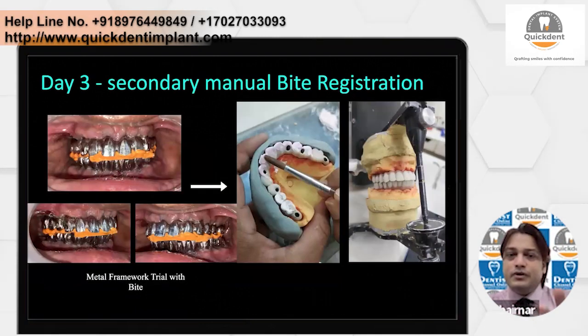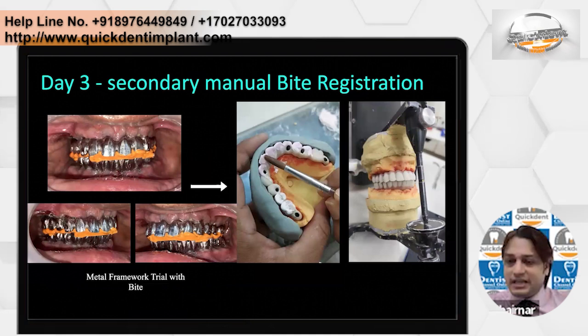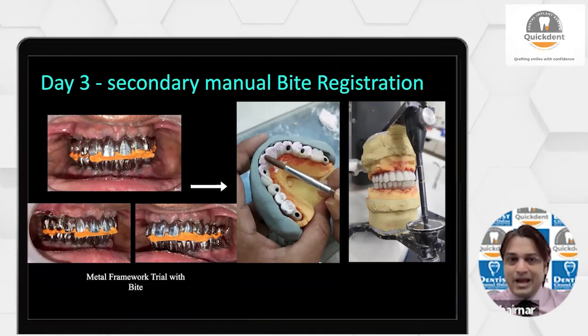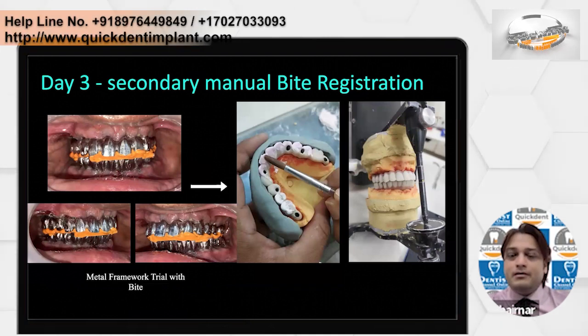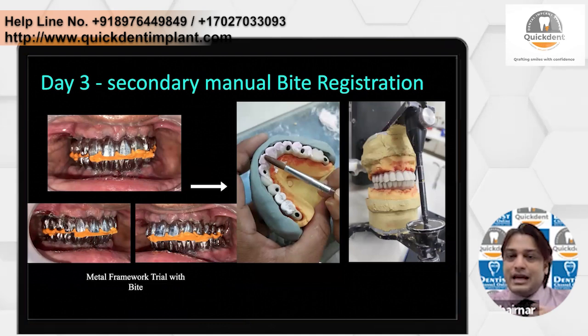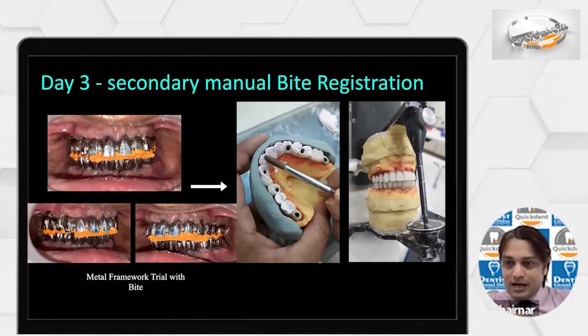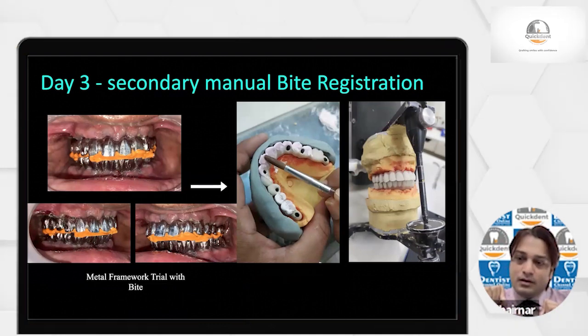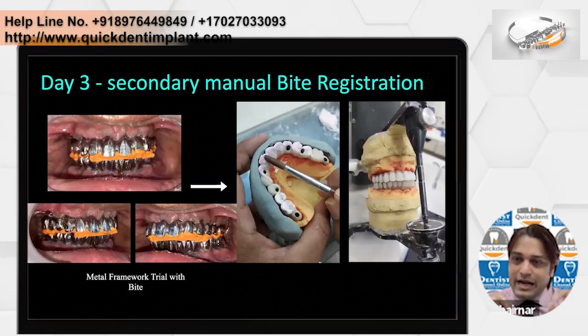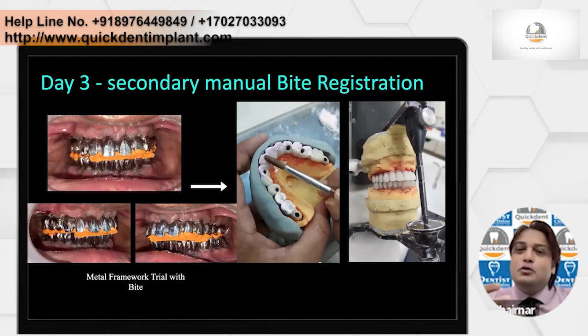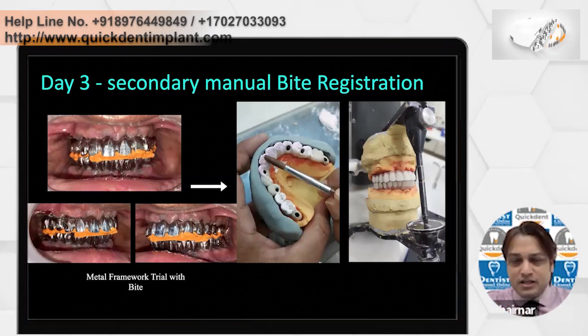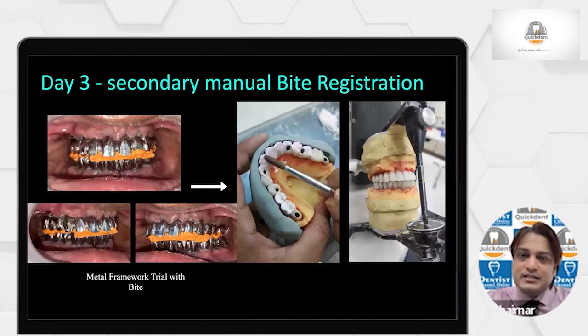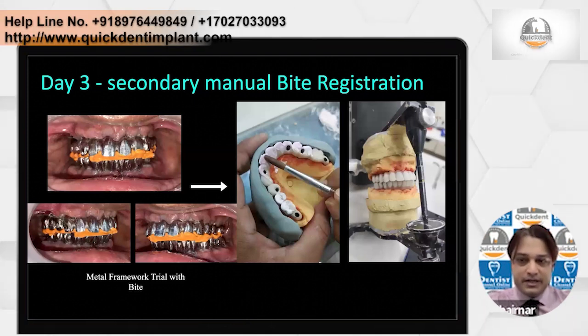We take the bite, and this bite we send to the technician. Why? Because for ceramic, there has to be physical mounting so that they can build. It is not a milled part. Anything which is milled, sometimes you don't need a bite at all. You'll see that in a few further cases. But here, definitely some building is there, so definitely the mounting is needed. So here, the first time we will send the physical bite.